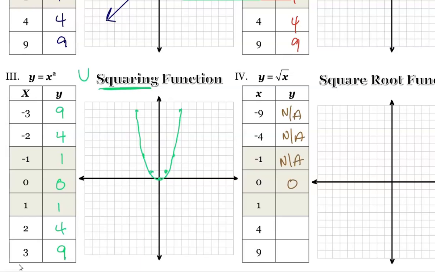The square root of 0 is 0. Square root of 1 is 1. Square root of 4 is 2. Square root of 9 is 3. So when you want to graph this, and we won't require you to graph it right now, but we will later on, you want to pick perfect squares for your X values, because that will give you nice whole numbers